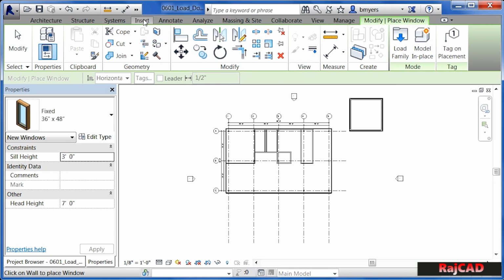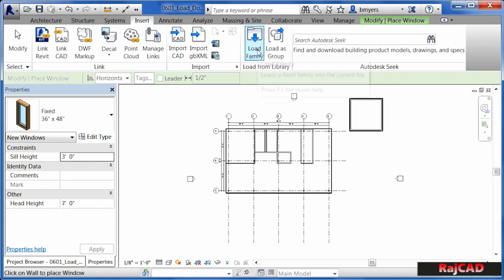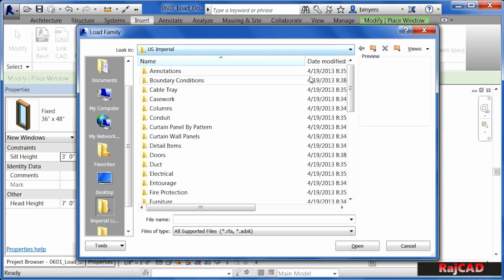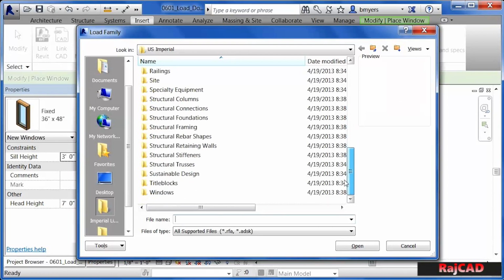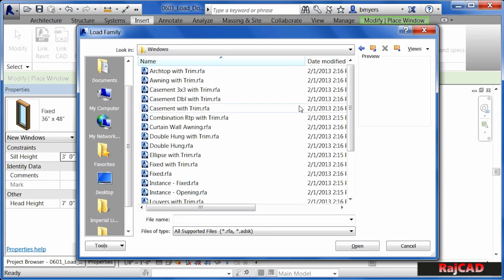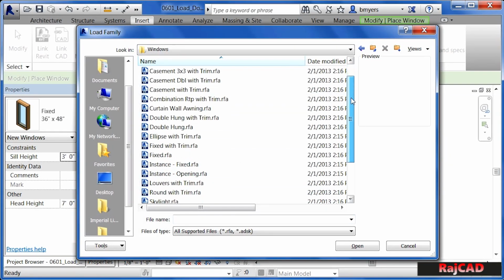Underneath the Insert tab, there's a button there called Load Family, and this does the exact same thing. The big difference is whenever you execute it from underneath Insert it will just load that family in and not try to place that family automatically. Click Load Family, scroll down, double click on Windows, and in this case, I want to load a double hung